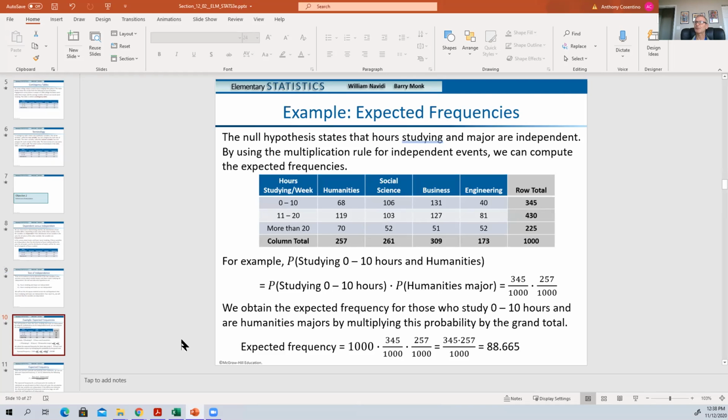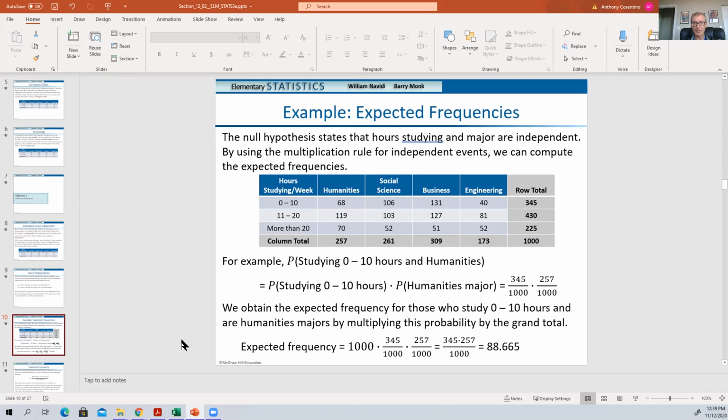And so if we want to calculate what we're thinking about as these expected values, they use the term expected frequency, which is what we're doing, right? This idea of occurrence. And so if you wanted to calculate the expected value of two events, in this case, the example that the book gives is a probability of 0 to 10 hours, and then times the probability of